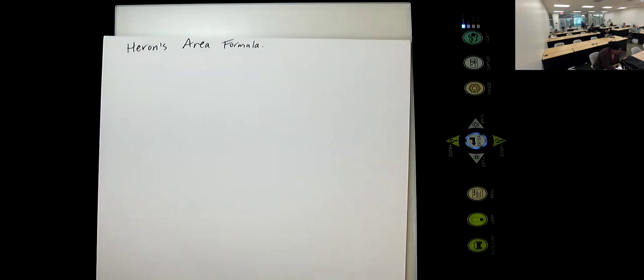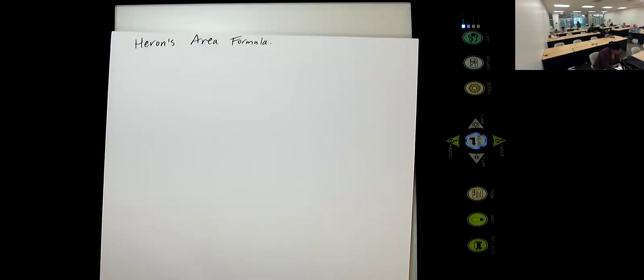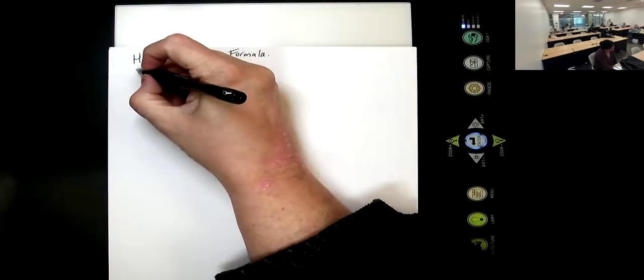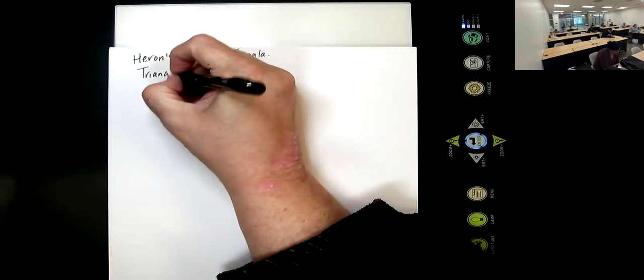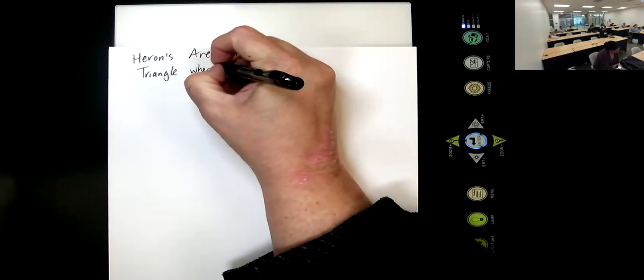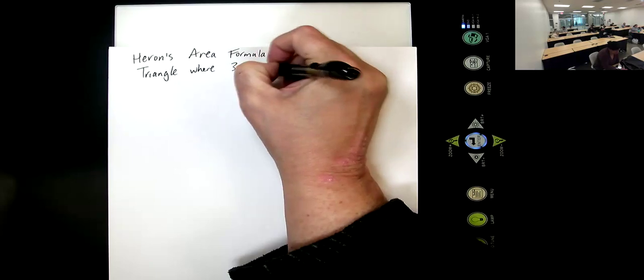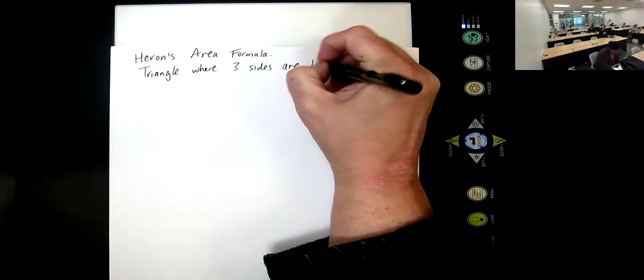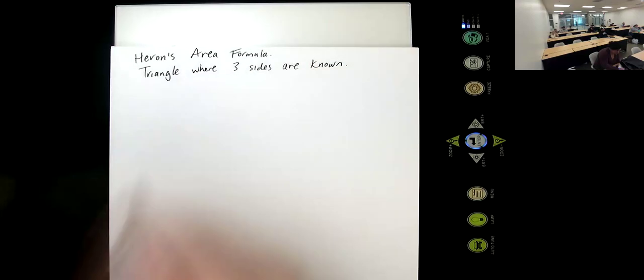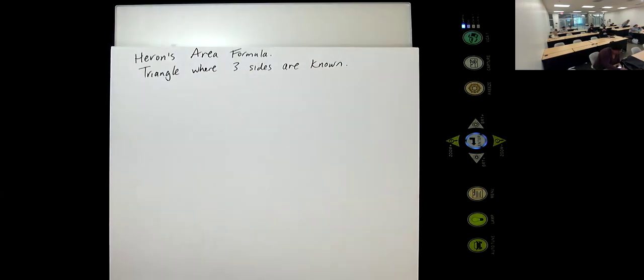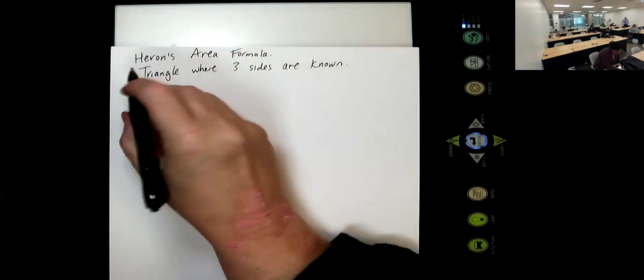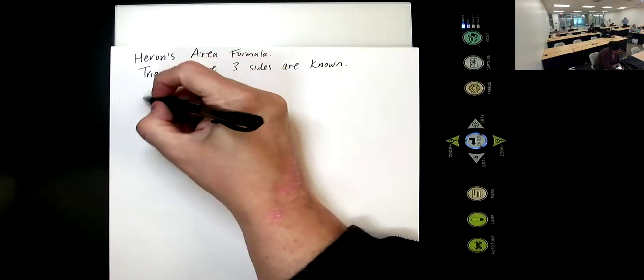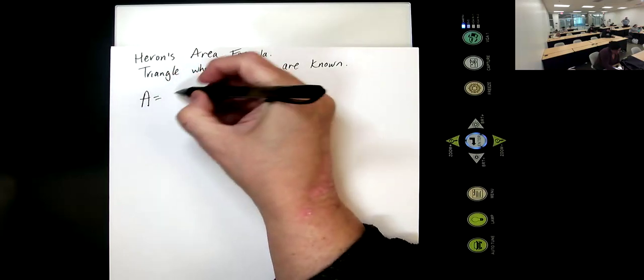So the other one we did, the area like an hour and a half ago, we had an angle. This is for a triangle where three sides are known, and you don't wanna waste time figuring out one of the angles, just use one of the formulas. So, Heron's formula for area says area is square root